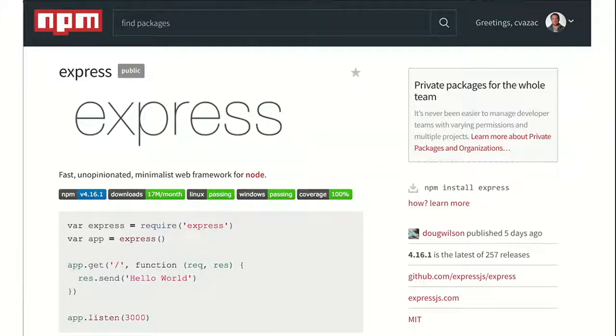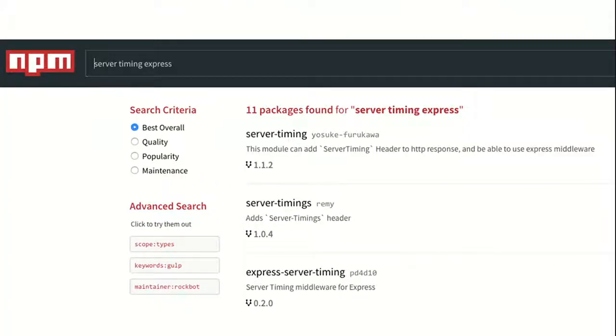I thought this was pretty unlikely because the spec was still in flight and no browser even supported the API, but I checked just in case, and I searched, and there wasn't one. There were 5, but none of them did exactly what I wanted. They basically all just provided a .start, .stop API. And all of them would then use the popular onHeaders package, which would write out the timers that they had collected for that request just before the response hit the wire, which is nice and definitely table stakes, but